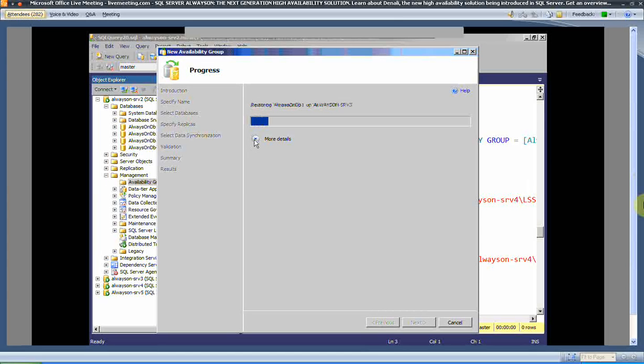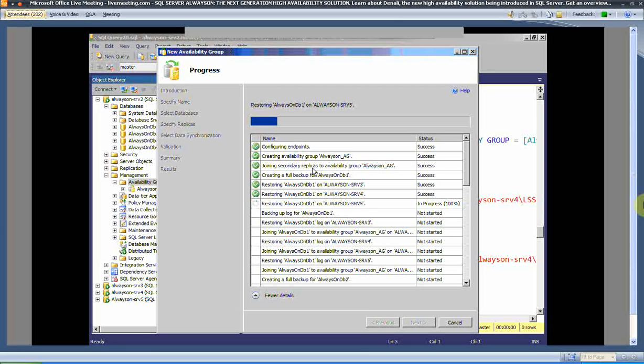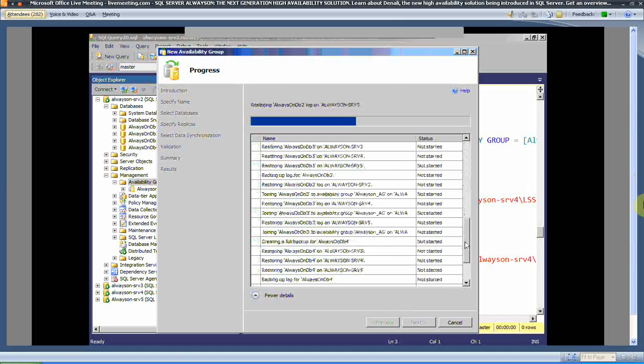So if we check more details, this is where we can see all the fun little green checkboxes as the processes are completing on each of those secondaries and on the primary. So this just takes a few seconds. So in roughly less than 10 minutes, we've been able to set up a cluster. We've walked through and talked through setting up the availability group, and on the completion of this, you'll be able to